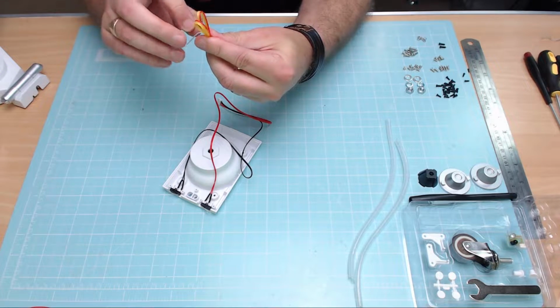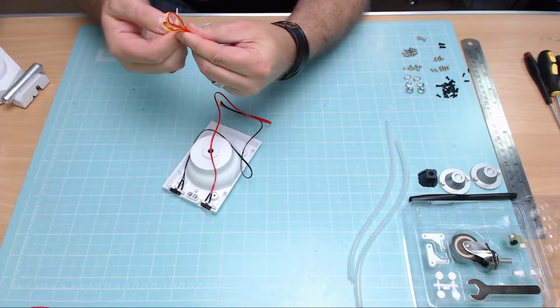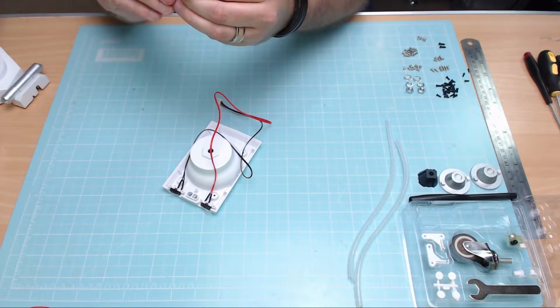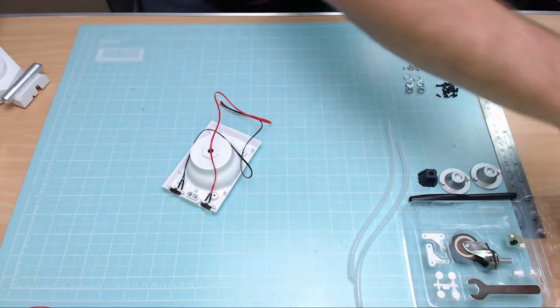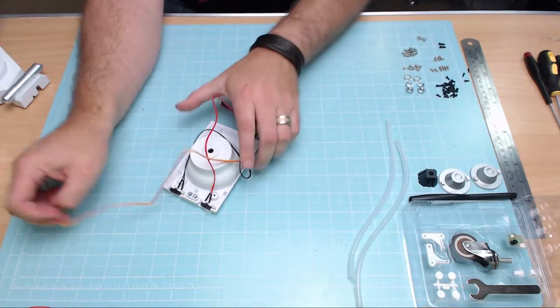And I think I'm going to have a problem undoing this one. This one's been done up really tight already. Oh my God, what's going on here? Okay, let's just cut this one off, I think. Sorry for that little cut. There we go. We've cut that off there because we're going to be putting the little sensor, which is going